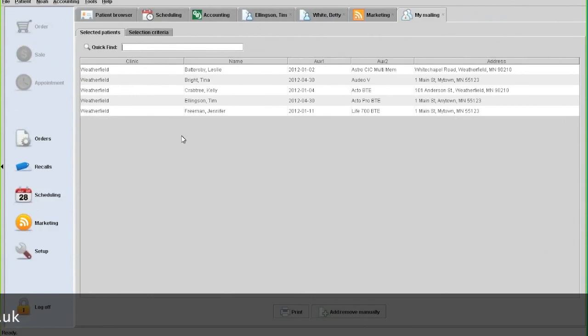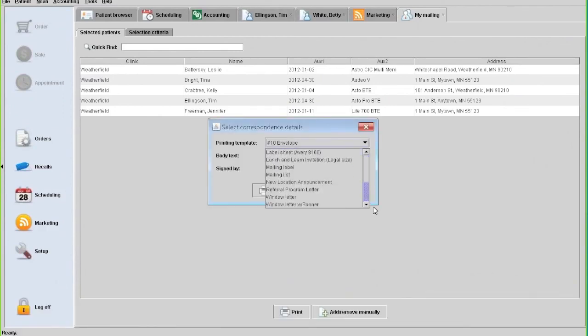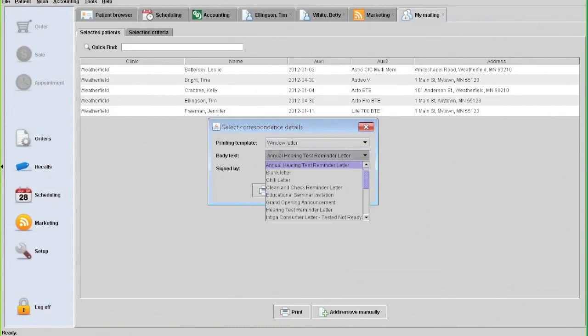Sure. So once you have your list, and you can manage the list manually also, you can determine your output. And in this case, I already have